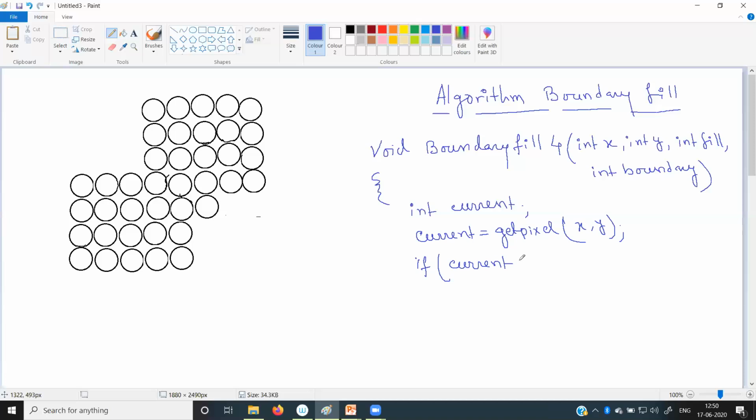So we write: if current not equals boundary and current not equals fill. That means if it is not the boundary color and not the fill color, in that case we will fill it with the desired color.